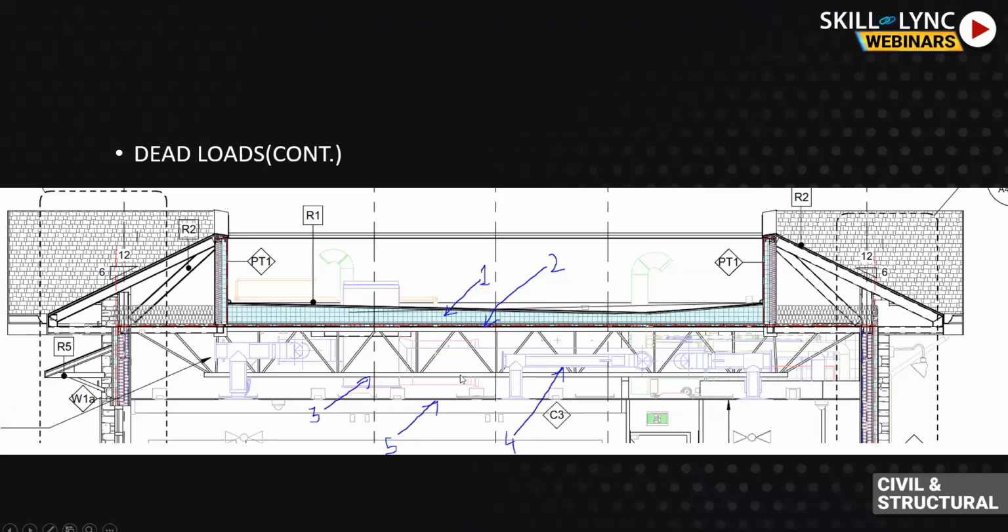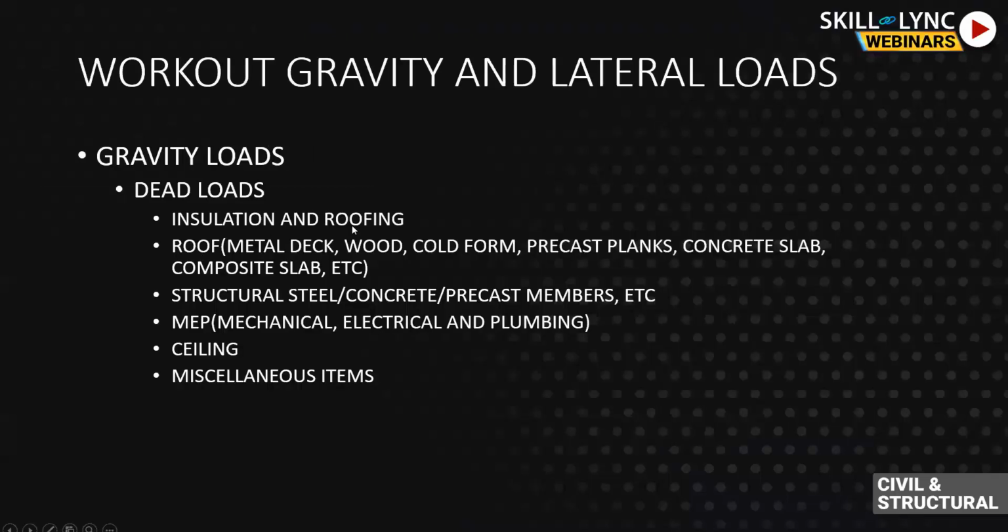Now what we do is, when I say insulation and roofing, you take some area load. When I say roofing material, what is going to be a structural roof, you take some area loads. What is going to be structural steel, you don't go in and find out each and every member. You take some area load, you do some computation, you find out some number to make life easier for MEP as well.